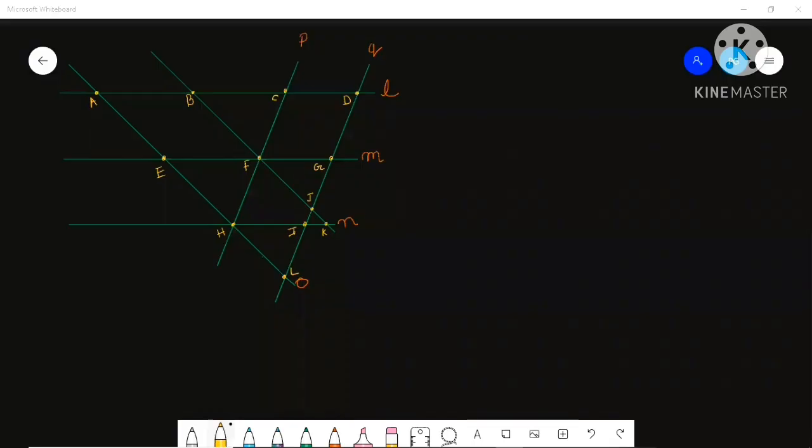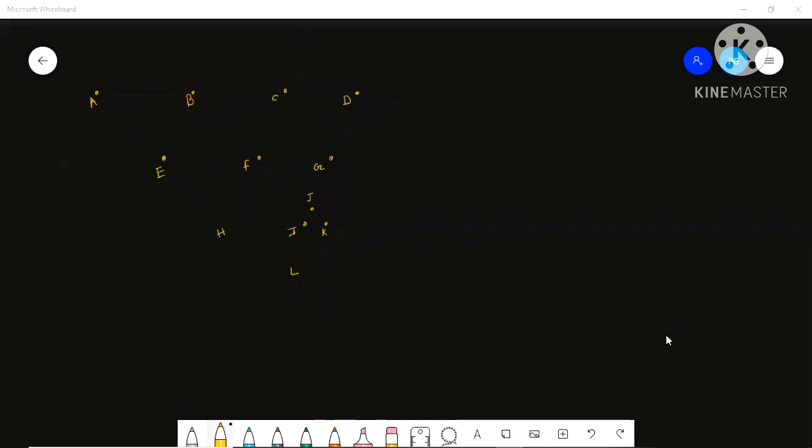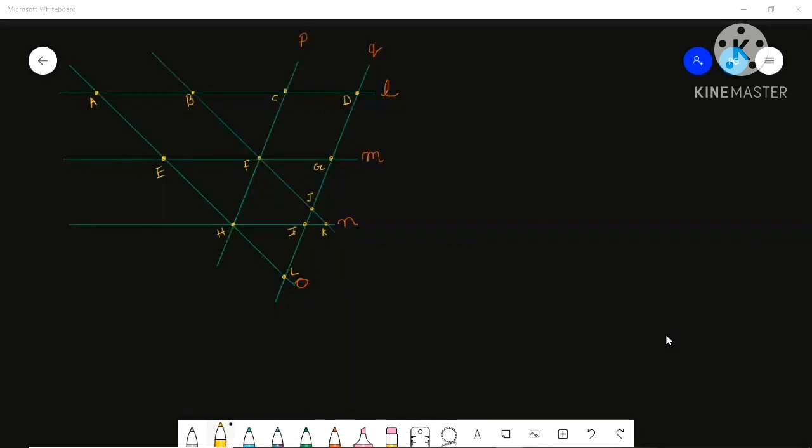The simple ones, like what is a point and so on, I will tell you in a different video. I'll make one more video for that. So I hope you can see these lines with points in yellow color. And one more thing, see the line names I have given in small letters: l, m, n, o, p, q. Those are lines. And these are points, which are in capital letters: A, B, C, D, E, F, G, H. These are points. So we will start with parallel lines.